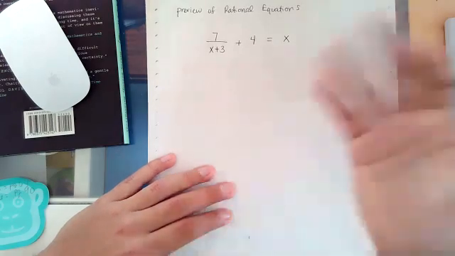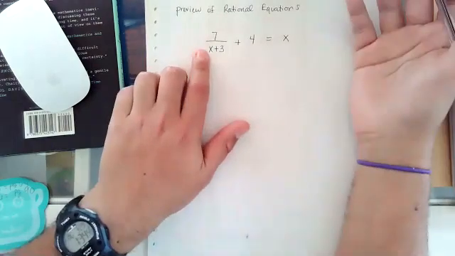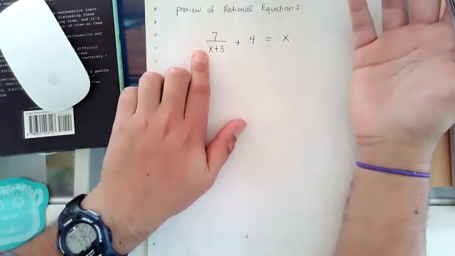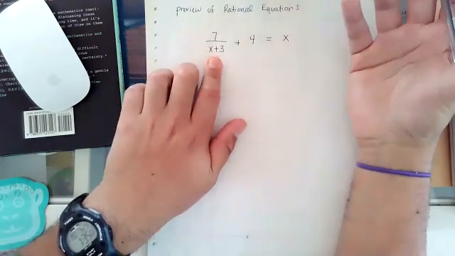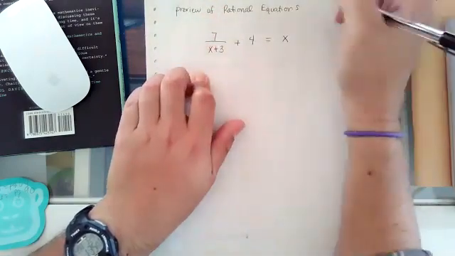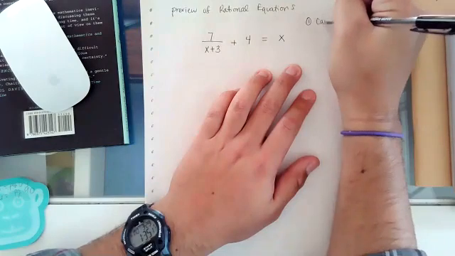And then after you've taken your deep breath, you ask yourself, okay, what am I trying to do here? Or what kind of equation is this? Because usually that'll tell you what the first step is. And usually the first step of a rational equation is that you want to cancel out,